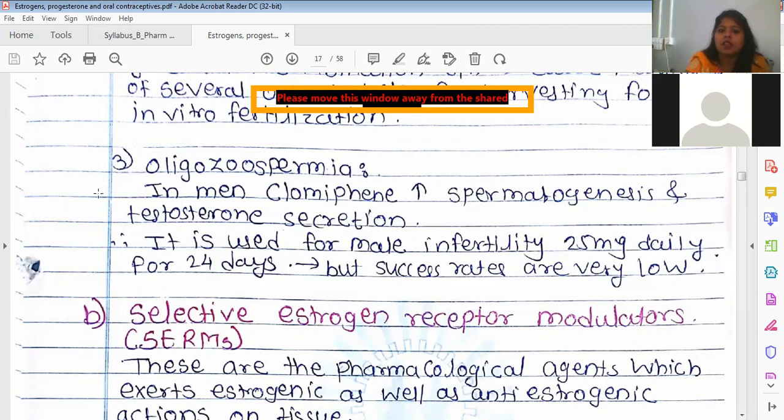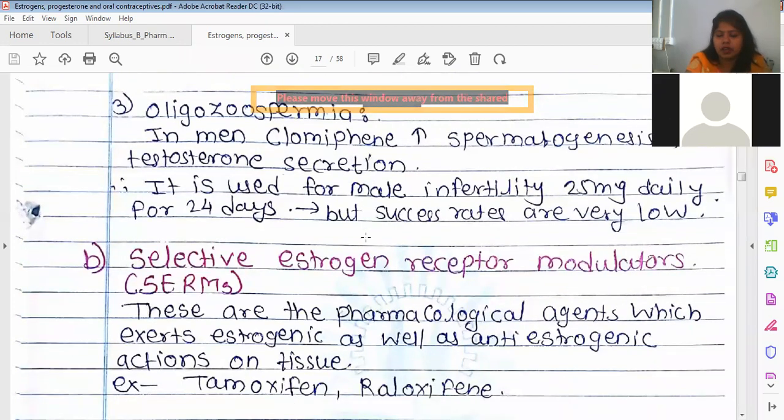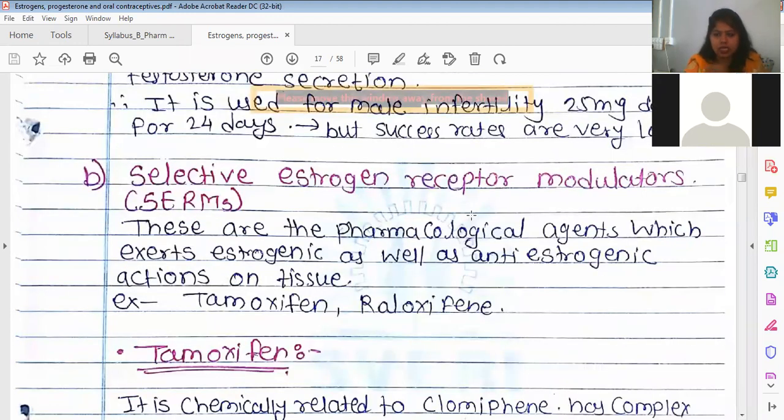Oligospermia, means in men there is an increase in the spermatogenesis process and testosterone secretion. So the anti-estrogen derivative is used for the male infertility condition due to the faulty sperm secretion cases. Okay,